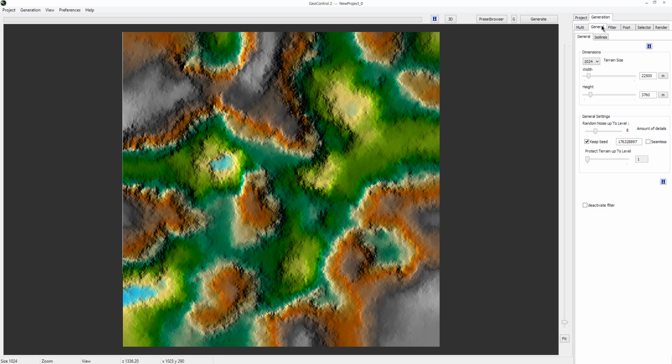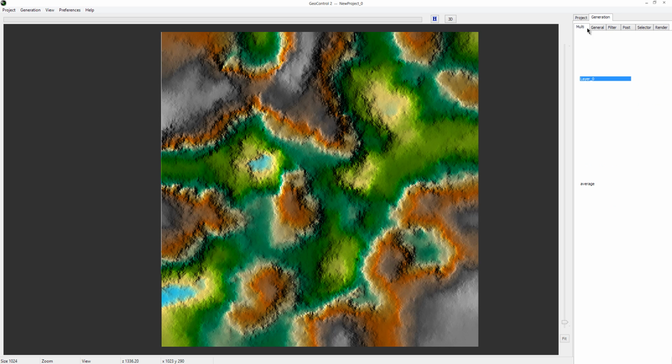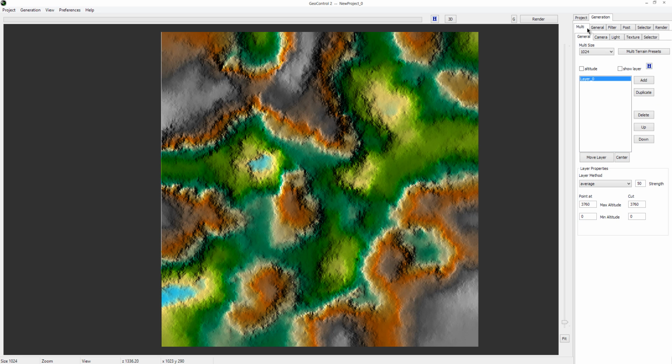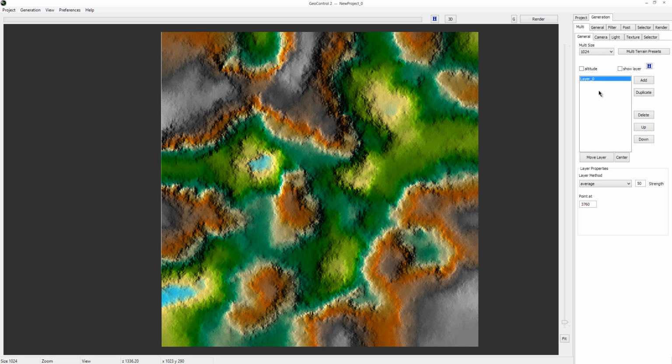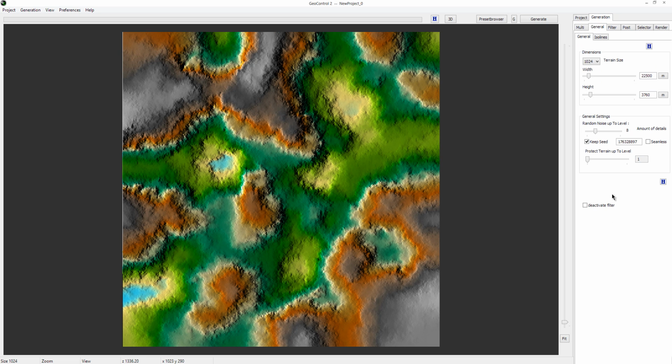It'll probably default to the general tab, but I'm going to start with the multi-tab, and in the multi-tab there's these different options here that you can change. There's like the camera, the light, texture, selector, and stuff like that. We'll get into this a little later. There's not so much in here that we're going to play with to help get us started on basic usage of Geo Control. I'm going to go to the General tab, and here's where you do a lot of your